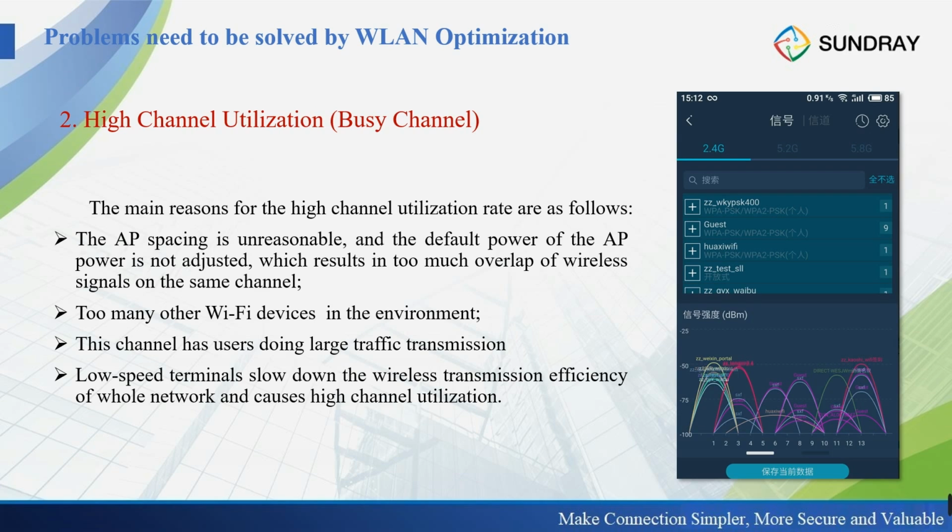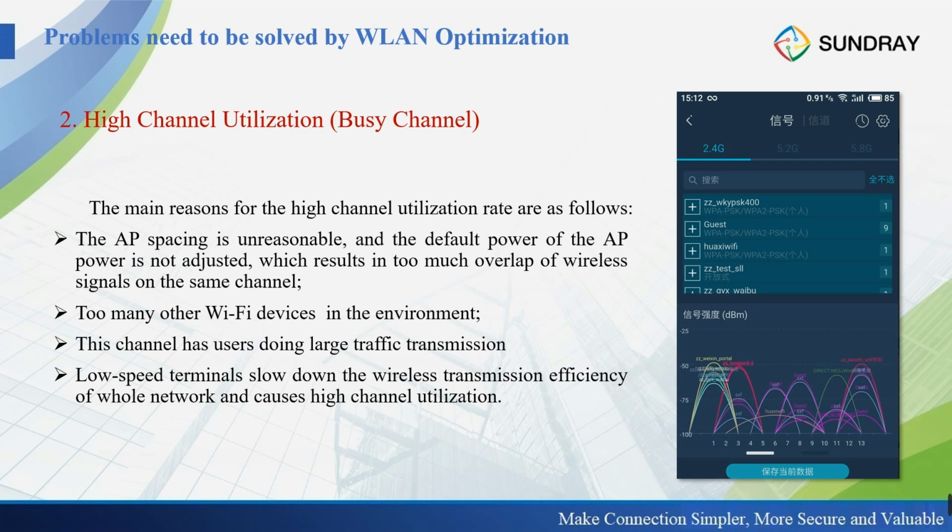And also high channel utilization. Even if we have the AP here, the signal is very strong, but the speed is very low. So a possible reason is the channel utilization. This kind of high channel utilization can be caused by APs that are placed too near to each other,